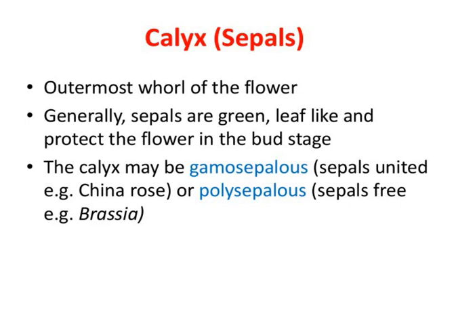The calyx is formed of multiple leaf-like structures, and each of these units is called a sepal. The sepals can be united to form a single unit, or they can stand divided. When the sepals are free, not united, it is called the polysepalous condition. When the sepals are fused, it is called the gamosepalous condition.